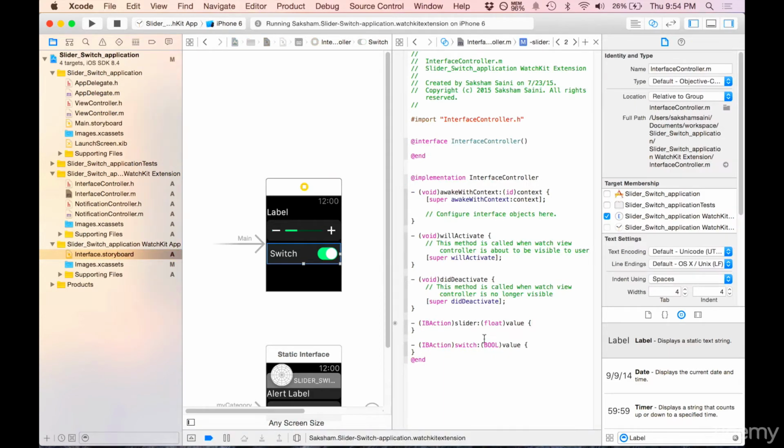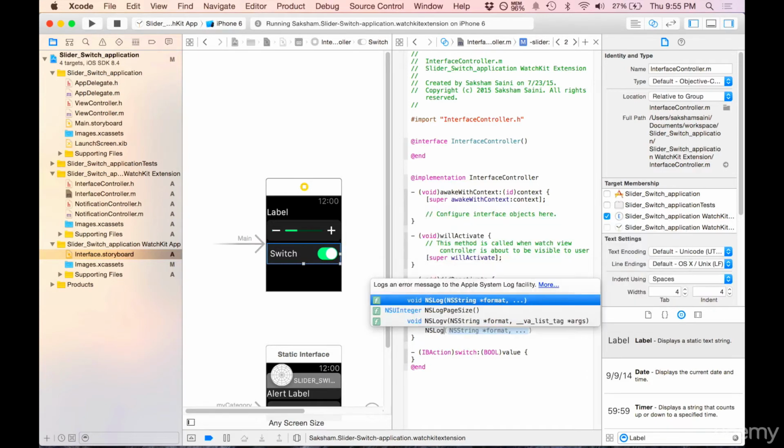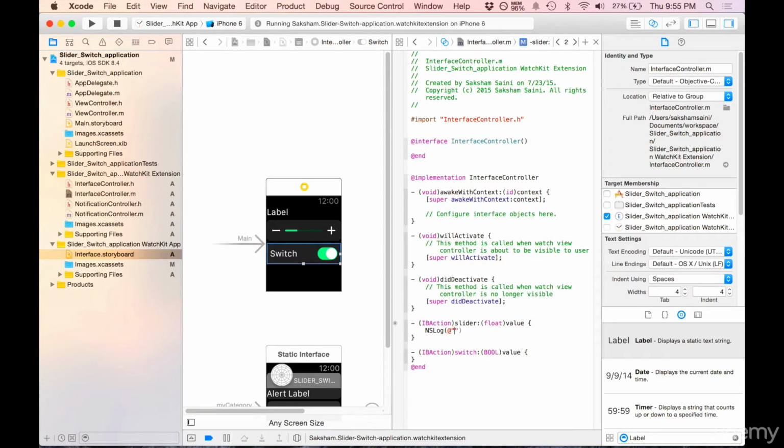Now you will notice that two new methods have been created over here. The first one for the slider and the second one for the switch. Now we will put some NSLog statements in these methods to better understand how these methods work and how we can use them for our Apple Watch projects. So let's begin. NSLog %f, value. Now this line will print the value returned by the slider